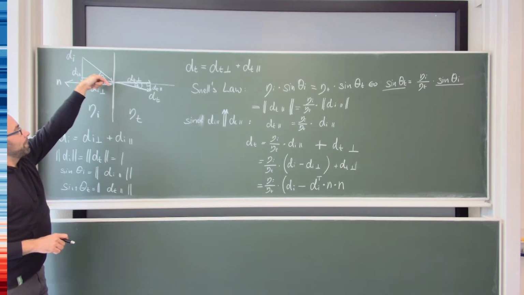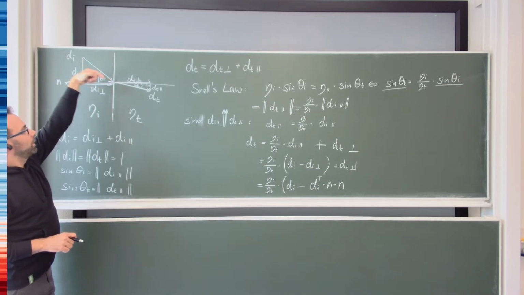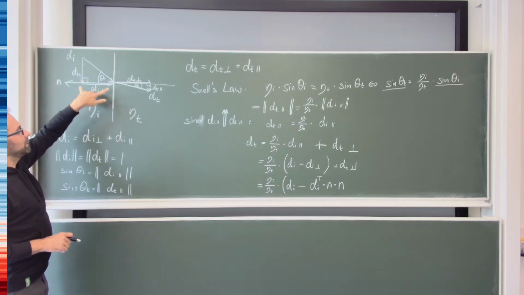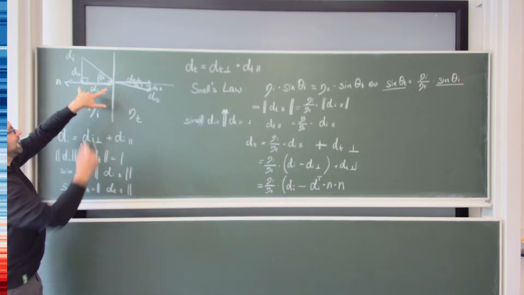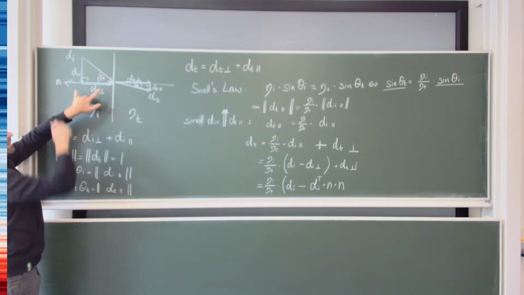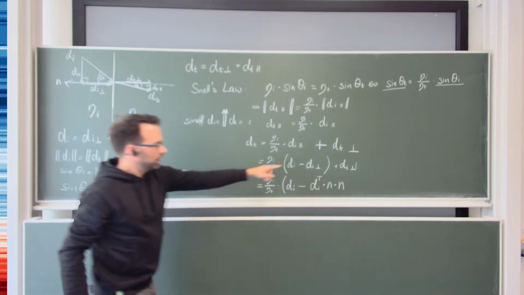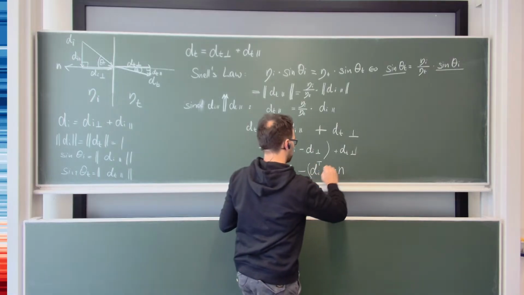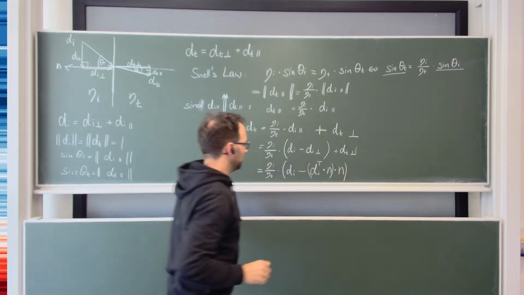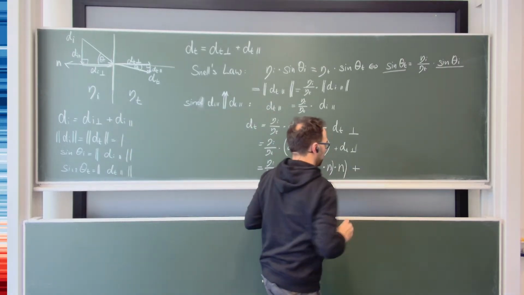Incident vector. So a vector in this direction, forming the dot product with the normal, yields a negative number, the length, negative, times the normal, adds this direction back into the vector, with a minus flipping it into this direction. Here was a minus, there was a minus, so it works. Okay, and let's just put this into parentheses, so that we have the product again. Okay. And then again, plus